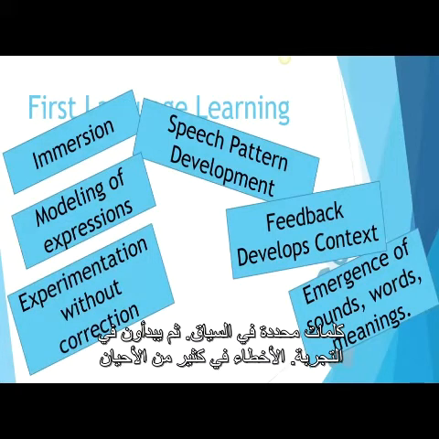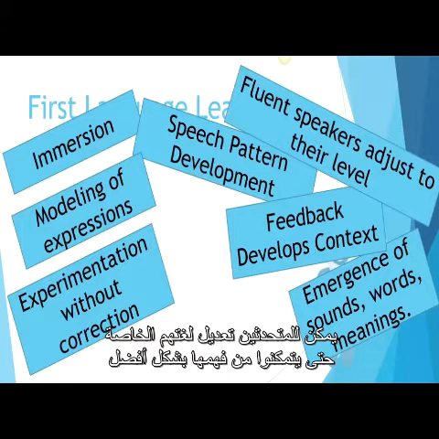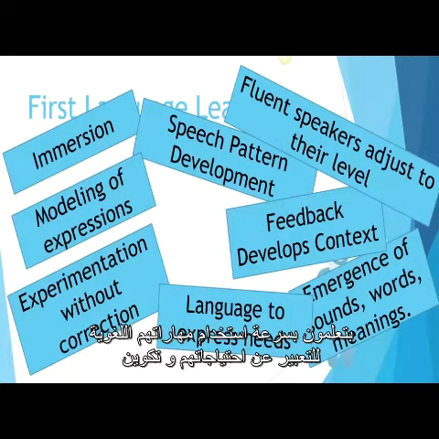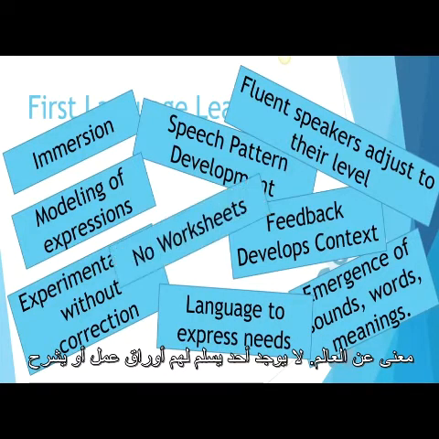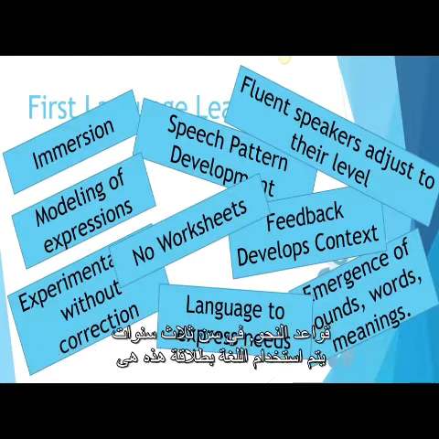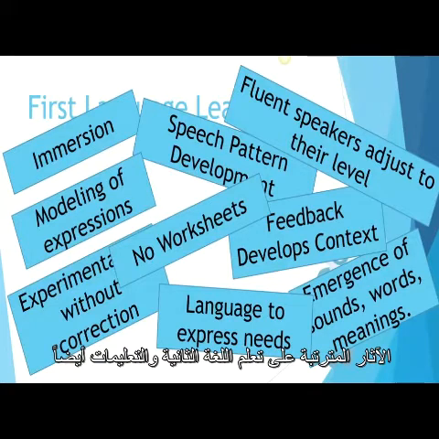They then begin to experiment. Mistakes are often made without correction. People sometimes laugh and even think this is cute. Fluent speakers may adjust their own language so they can better understand. They quickly learn to use their language skills to express their needs and make sense of the world. There is no one handing them worksheets or explaining grammar rules. By the age of 3, language is being used fluently. This is the natural way that children learn a language, the naturalistic theory, and has implications for second language learning